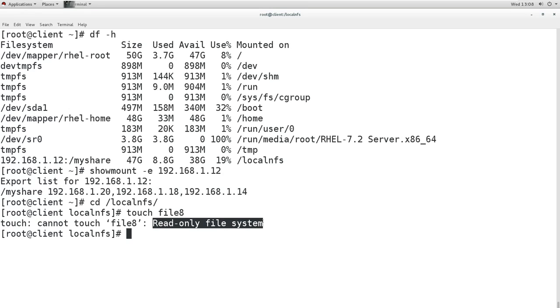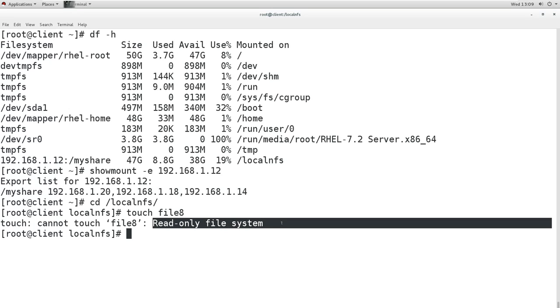So for having read write permission, you should first have the share permission as read write, then you can manage the permission for the user by using the ACL permission. Now if the permission from the share is only read, then you cannot write even if you have a local permission as write, because you are having a read only permission from the share.